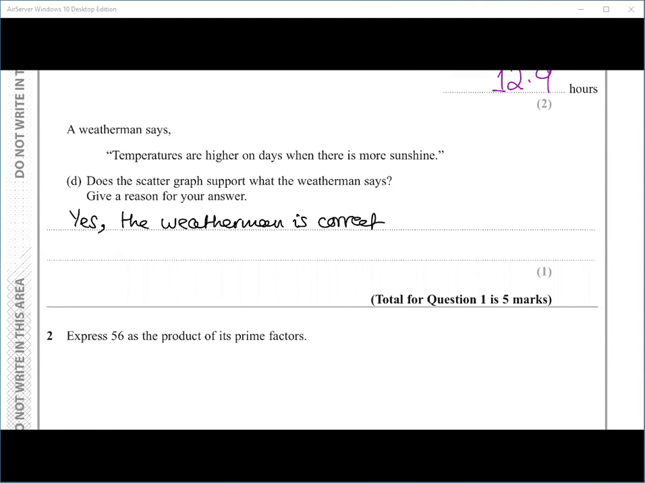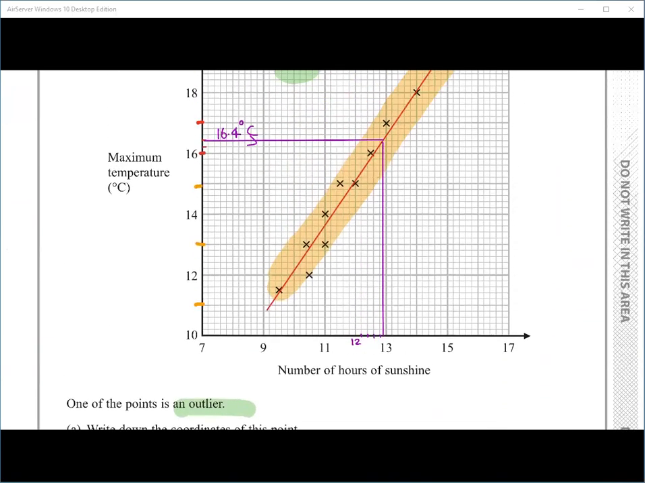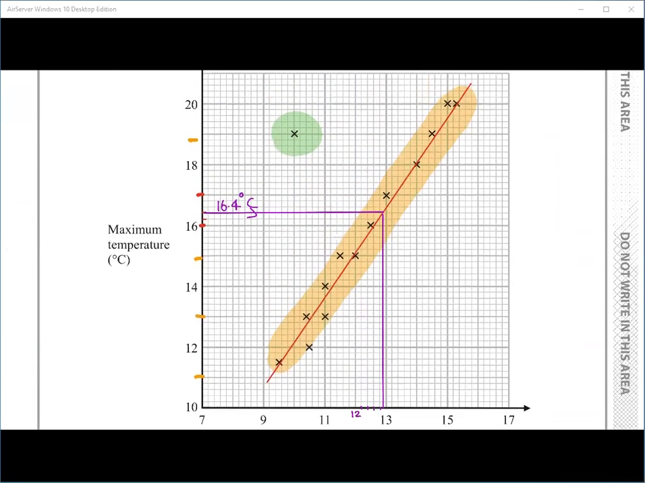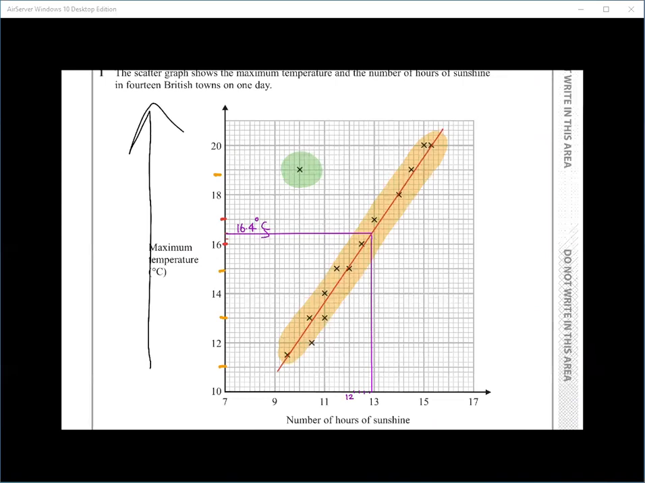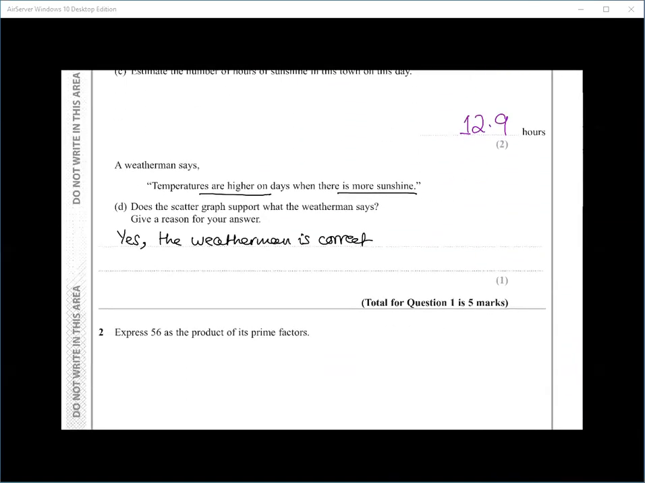Okay, give a reason for your answer. As the temperatures are higher, there's more sunshine. Let's have a look. As the temperature is higher, so basically as this one increases, the answer is yes. That's the nature of it being positive correlation. That's right. Could you say it is correct as it is a positive correlation? Yes, the weatherman is correct because